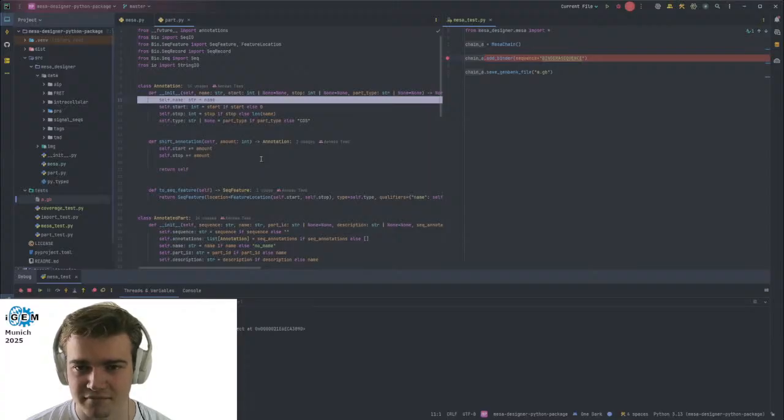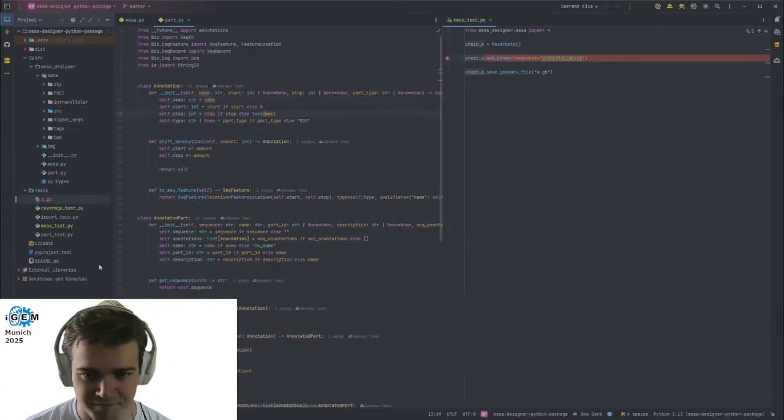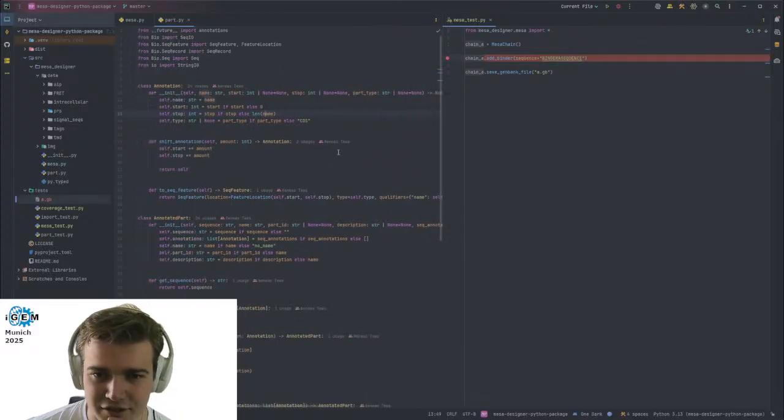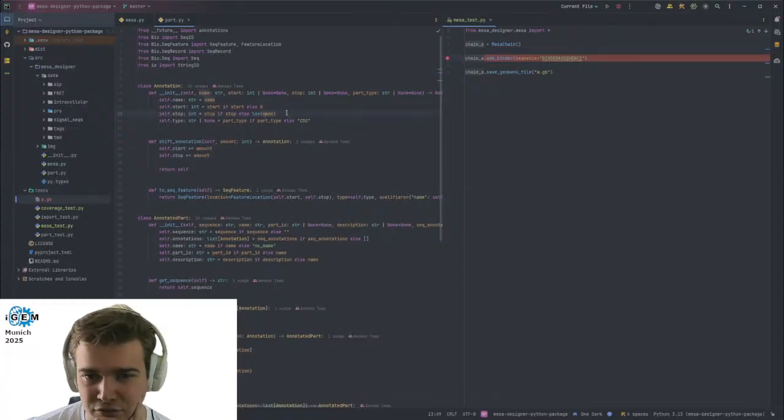That needs to have a, yeah, okay. That explains it. So either the annotation already knows its sequence, or we just can't do it like this. We have to